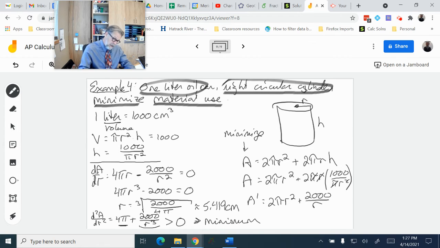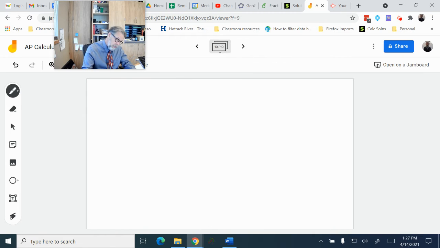So what have I got here? I have a radius of 5.419 centimeters. I'm doing a quick calculation of the height of my can by plugging that back into my equation for the height. I get a height of 10.839 centimeters,